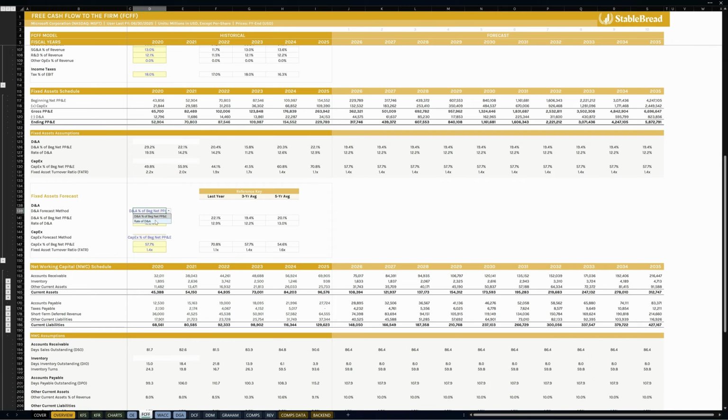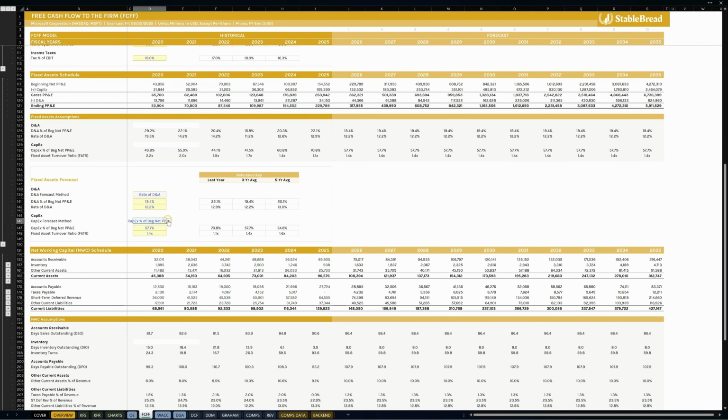The second uses the rate of depreciation relative to gross PP&E, which works better when the company has a stable asset composition and consistent depreciation methods. For forecasting CapEx, you also have 2 methods. The first forecasts CapEx as a percentage of beginning net PP&E. This makes sense for companies with regular maintenance and replacement cycles. The second uses the fixed asset turnover ratio to back into what gross PP&E needs to be given your revenue